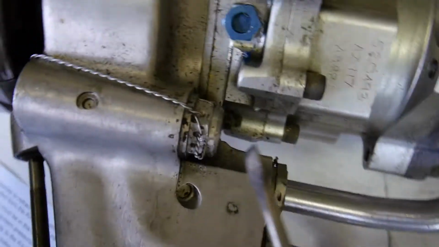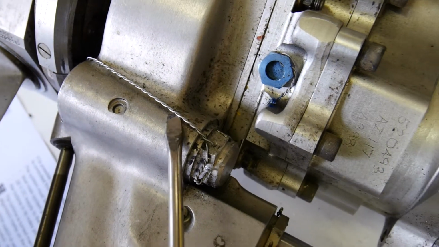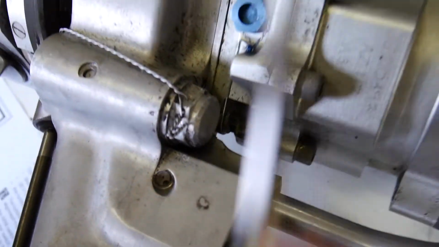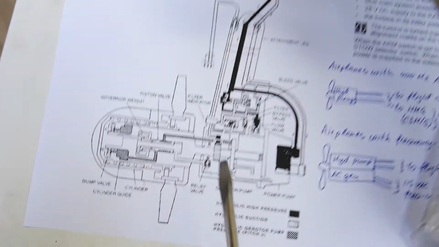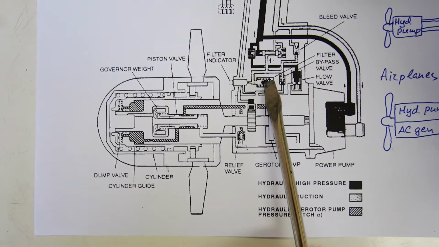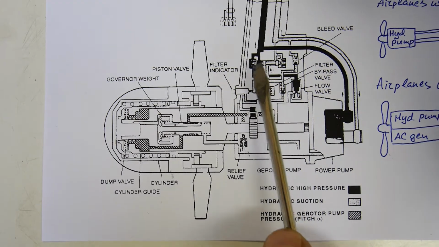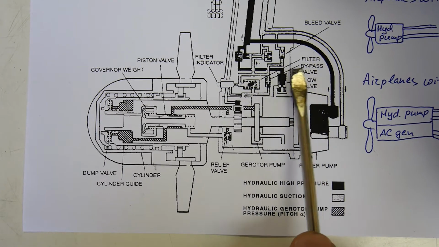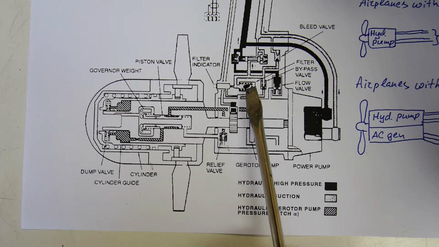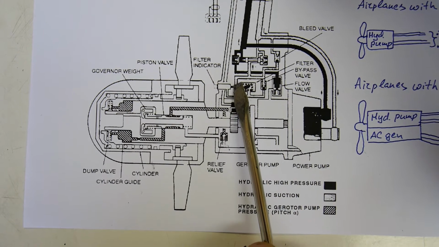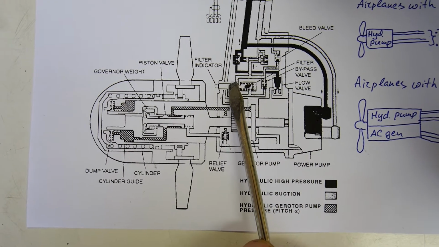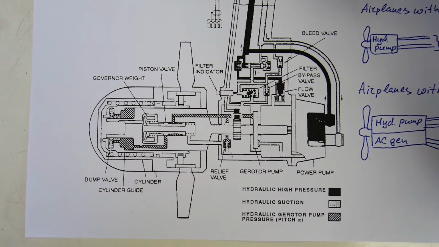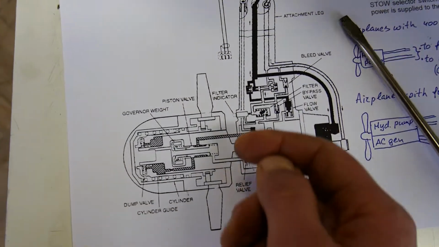It is located here, and you can access it from the back, so you can remove this lock wire by means of pliers. Yeah. Then you can unscrew it and you will remove this filter. If the filter becomes contaminated, in order to not prevent oil flow, it has a bypass valve, and the bypass valve opens. And when the bypass valve opens, here is the magnet. The magnet will be extended to the left by means of its internal spring, which is not shown here. In this case, we will see the tip